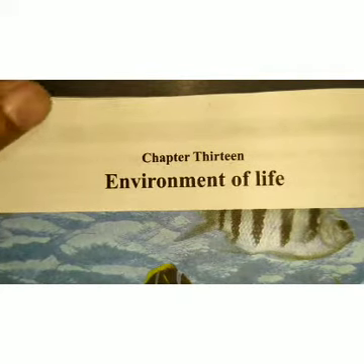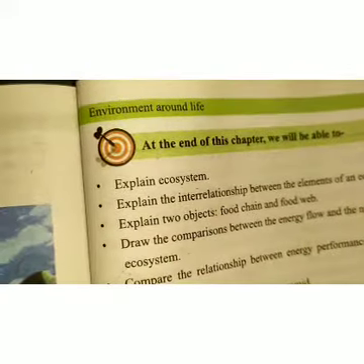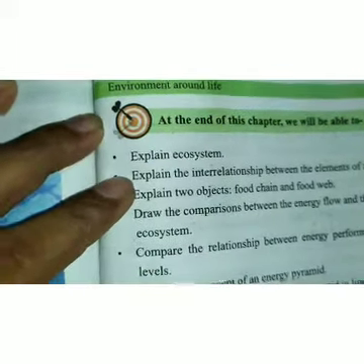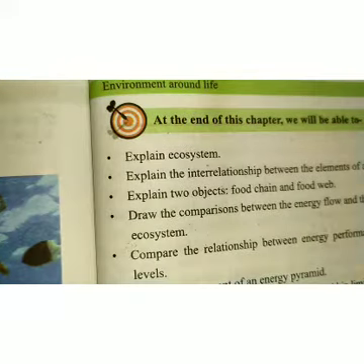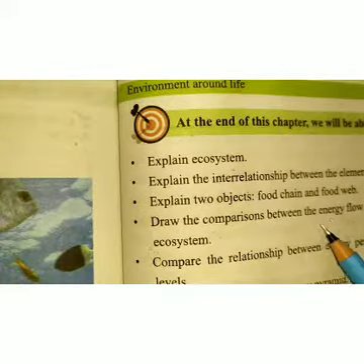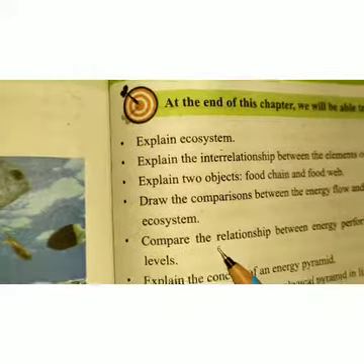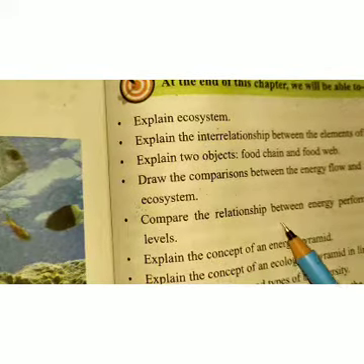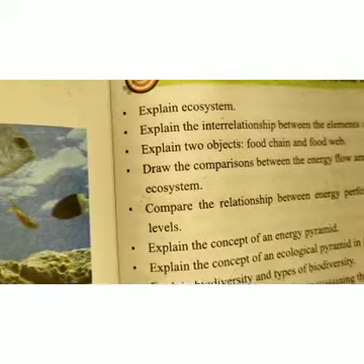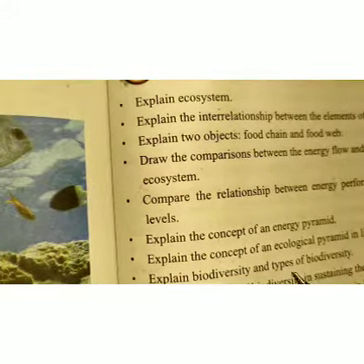At the end of the chapter, we will be able to explain about ecosystem, the interrelationship between the elements of an ecosystem, food chain and food web, draw the comparison between the energy flow and the nutrient element of an ecosystem, compare the relationship between energy performance between trophic levels, explain the concept of an energy pyramid, explain the concept